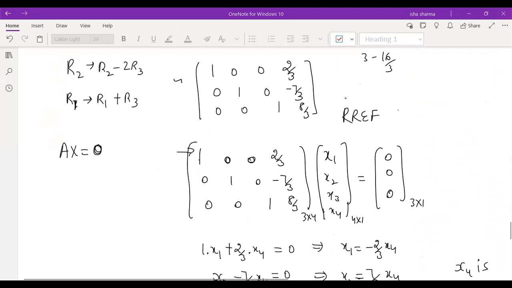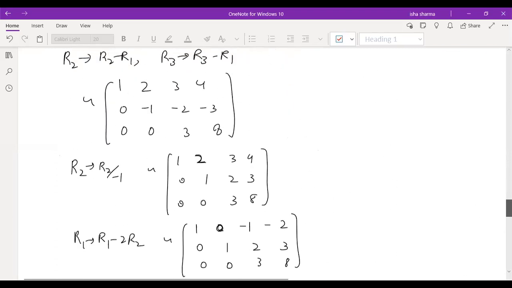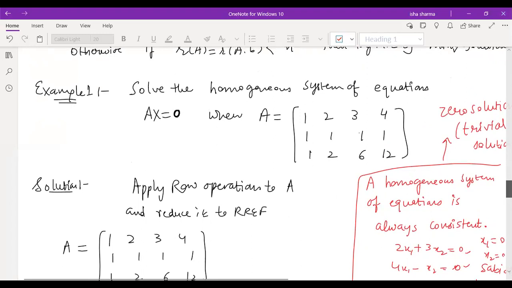Yes, ma'am, here we had four variables and three equations. There was a rule that the number of equations should equal the number of variables to solve. Yes, we say that the number of equations should equal the number of variables because in that case we get a unique solution. If you have 4 equations and 4 variables, you will get a unique solution, and no solution can also come. But this is the case where you are getting infinitely many solutions. Usually in our maths we always say that there should be as many equations as variables, because our aim is to find a unique solution for the system.